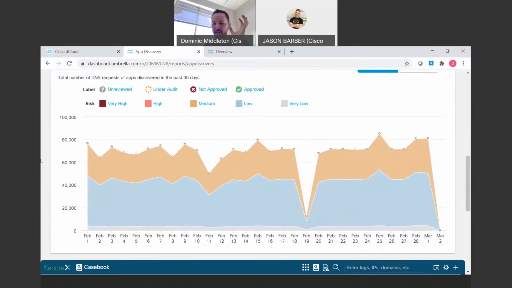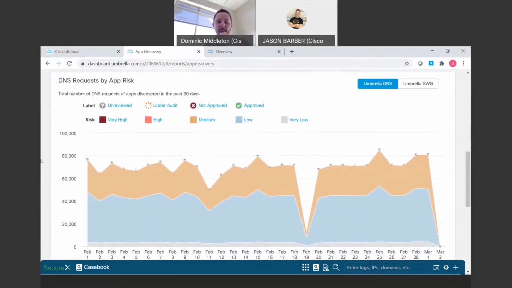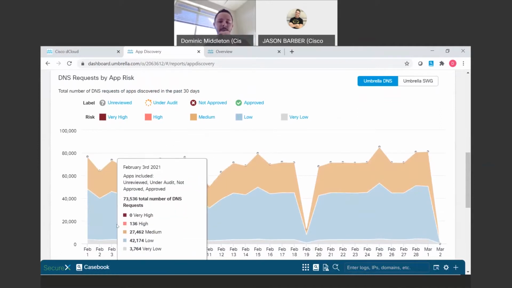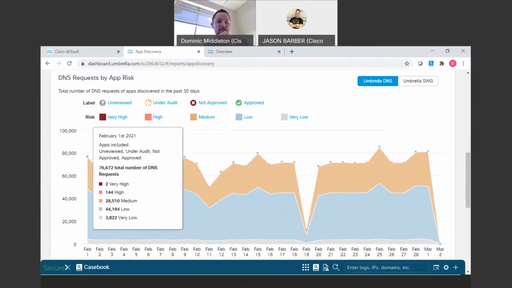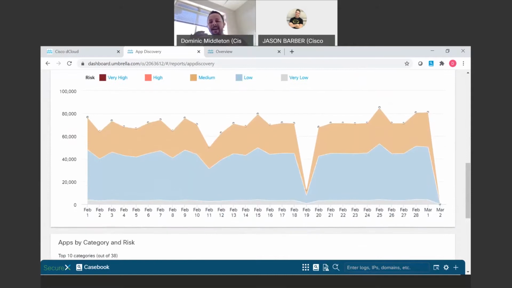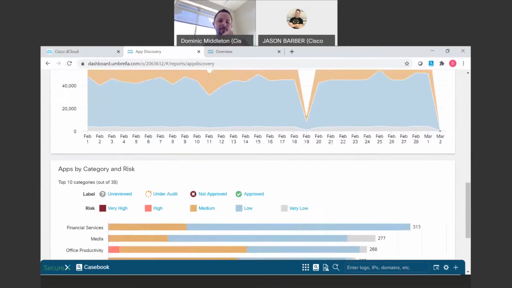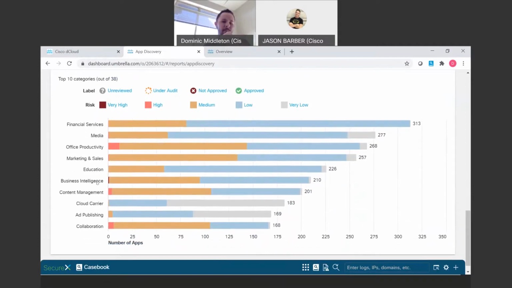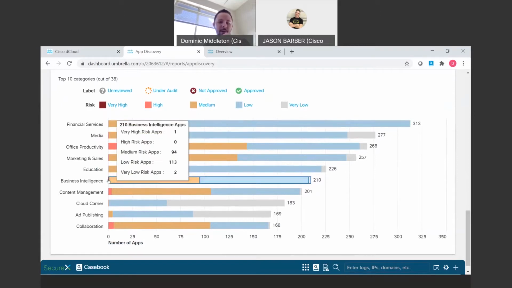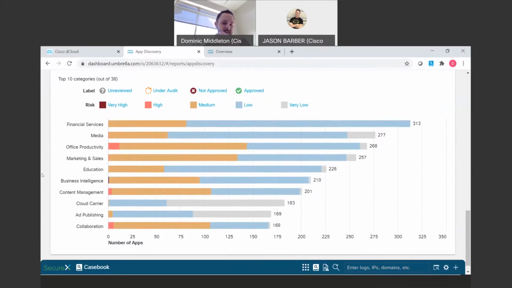So we can go through and show the different applications and their risks. We can show them by level of risk. Lots of low risk, but a nice amount of medium risk. I think there's a little bit of high in there as well, and I think there might even be a very high risk app. That gives us an idea of the priority. What should I be looking at first, right? By category and risk, if I go through here, I see a business intelligence app. We see that there's a very high risk application in there. Two of them actually. Oh yeah, one. So I can dive in and see who's doing that one. And it's not just a security conversation as well. You think about this from a business standpoint.